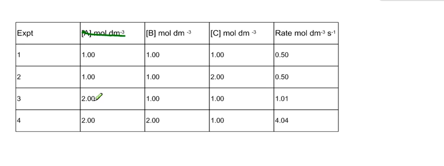Here I've got a concentration of 2. So A is changed from 1 to 2, but I must ensure that everything else is the same. B in experiment 1 is 1 and in experiment 3 it's the same, that's good. C is 1 in experiment 1 and 1 in experiment 3. So I'm going to use the data where A has doubled, but B and C have remained the same. So from experiment 1